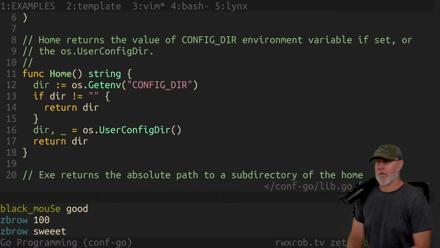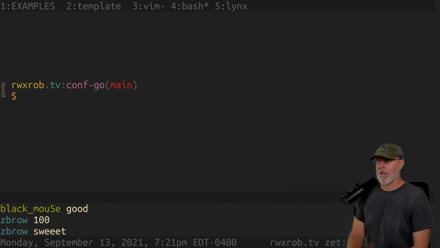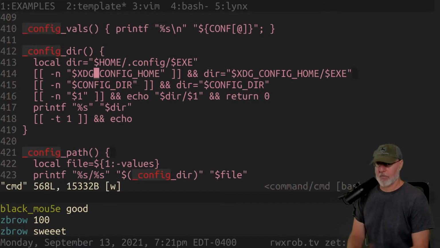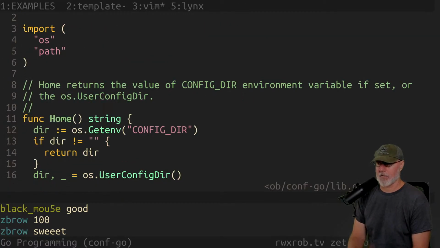So right now, where are we? Again, our goal is to support this template script, this config directory function, which at this point I believe we've got finished. What we want to do is equivalent, which is return the XDG config directory automatically. So we need to write our test code for this now.